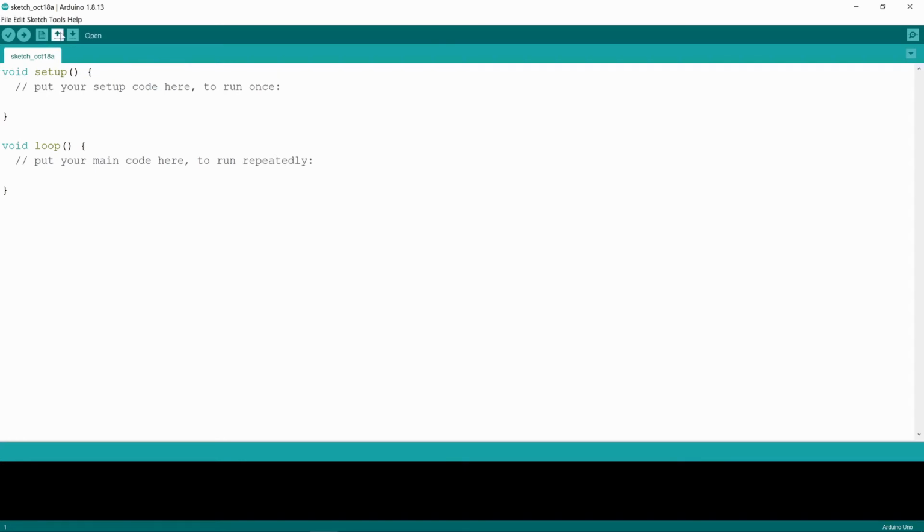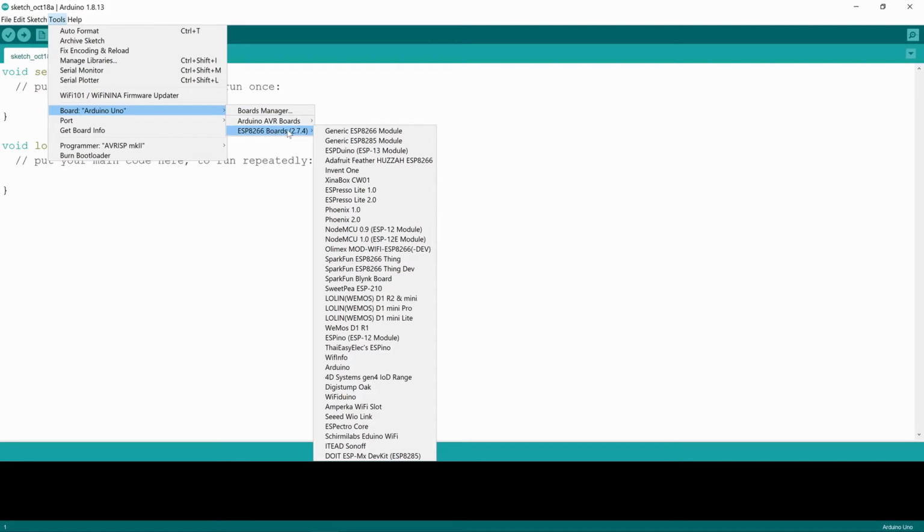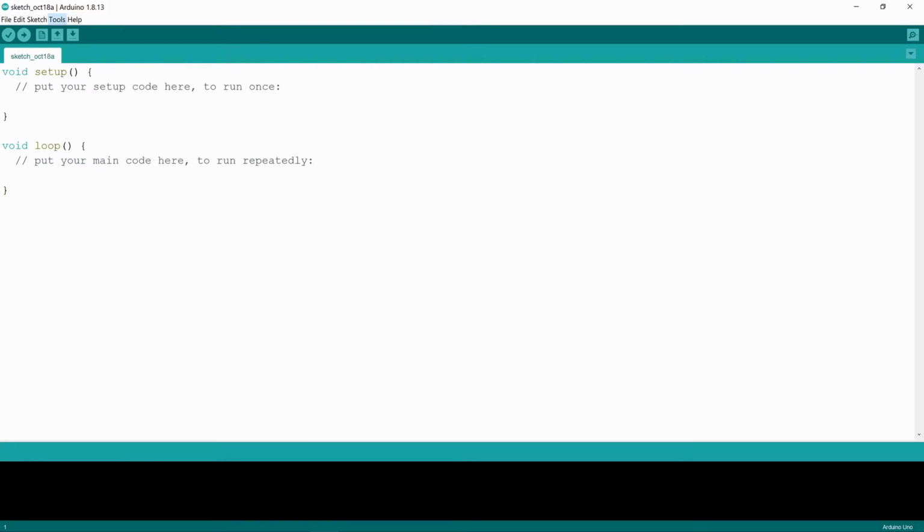to accept ESP boards. Now click on Tools, hover on Board and you will be able to see the ESP boards here. In our case it is NodeMCU 1.0, so we click on it, and after doing that you will be able to see that your board name got changed here at the right hand bottom.